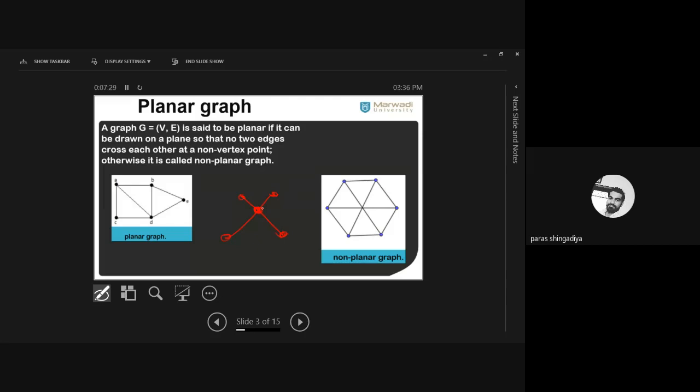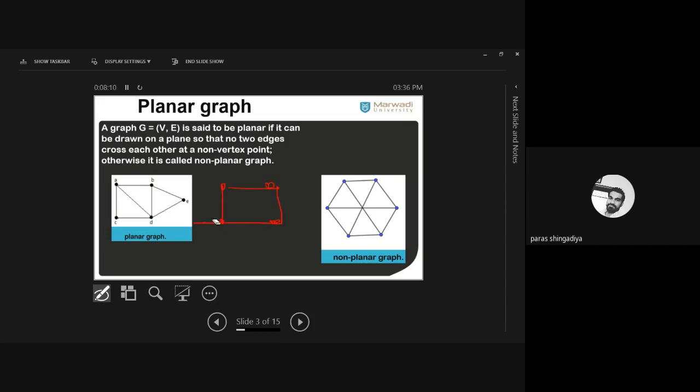Okay, so here in the first example, clearly the situation is that there is no cross between any two edges in the first graph. So what is the conclusion? We can directly say that it is a planar graph. We can directly say that no modification is required here. Clearly the situation is planar. There is no cross at any place. And if I consider the second graph, where some modification is required, and then after that we can say it is a planar graph.